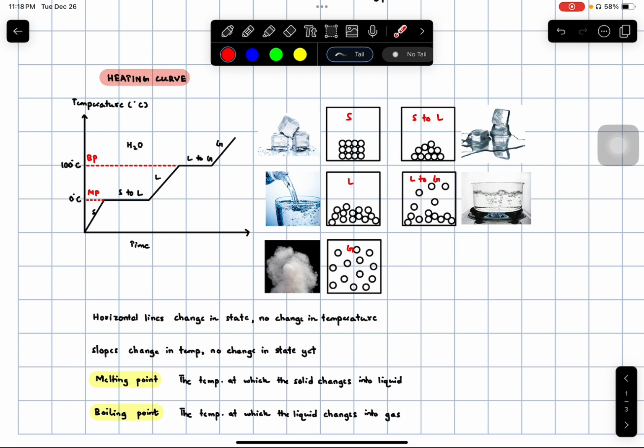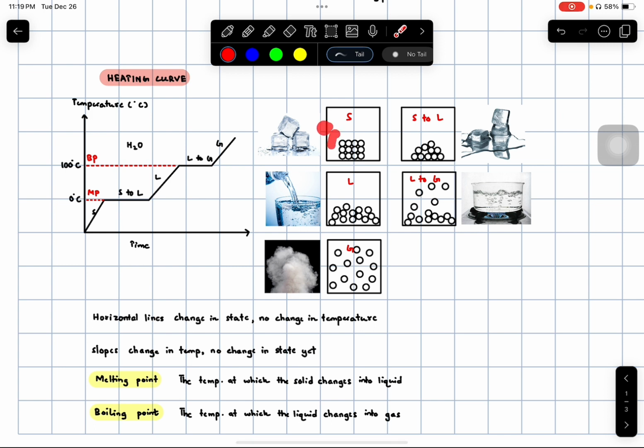At first, we have a solid ice, which will be at some negative value here. Once we start to heat, the ice will start to gain heat energy. And in this slope, there is a change in temperature, but there is no change in state yet because there's not enough energy yet. Once that ice has reached 0 degrees Celsius, that ice will start to melt into a